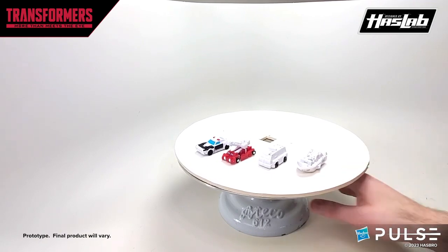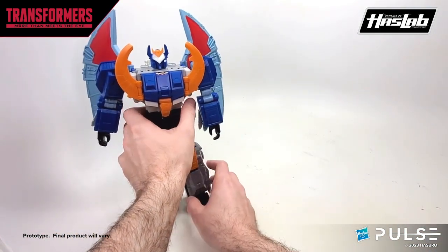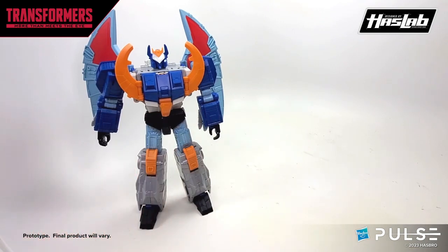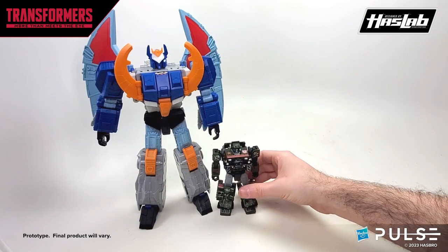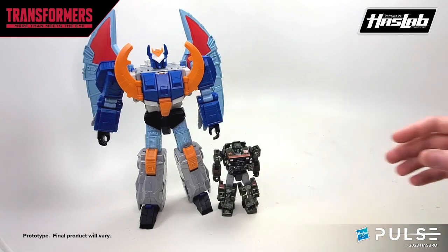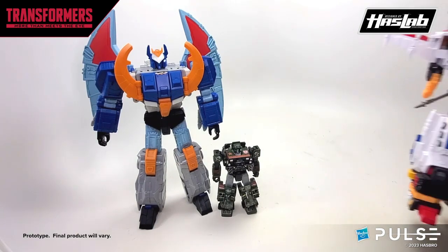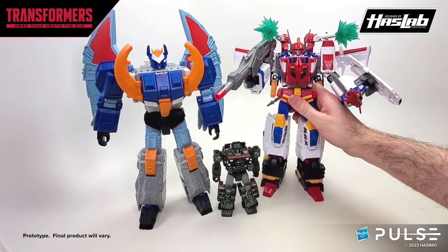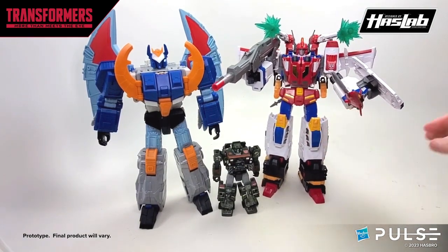Alright then. Let's get on to the main event, right? Okay, welcome back, Deathsaurus. And since you're here, let's do a quick scale check. Obviously, because it's an ongoing joke, you're a Siege Hound, just to make sure that you guys can see how monstrous this Emperor of Destruction is. But I think the real comparison that everybody's waiting for is right next to Victory Saber. Yeah, so you can kind of see...